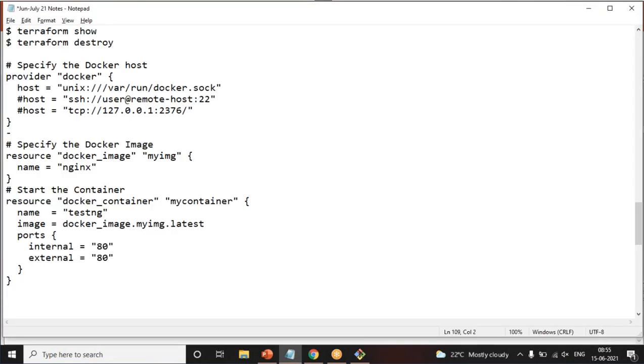Now let's take another example to understand this better. In this example, what I'm trying to do is create one more resource. This time I want to take an image which is Nginx, and I want to create a container out of it. Now that is where you can see there is another resource block called docker_container, wherein this is the